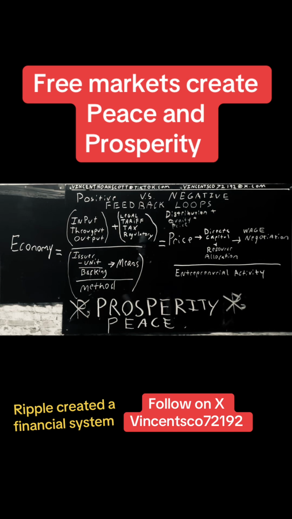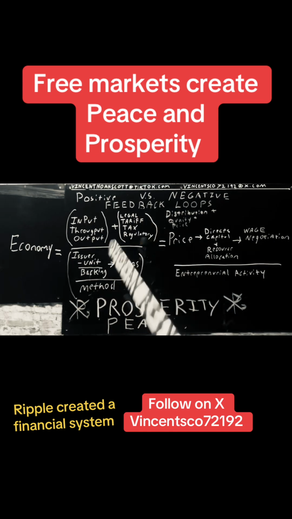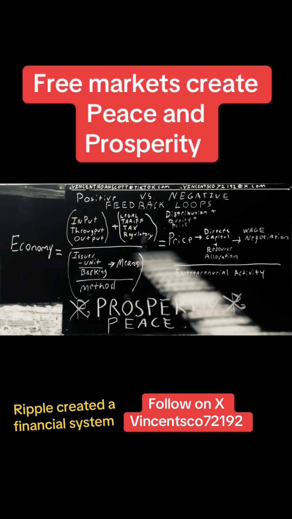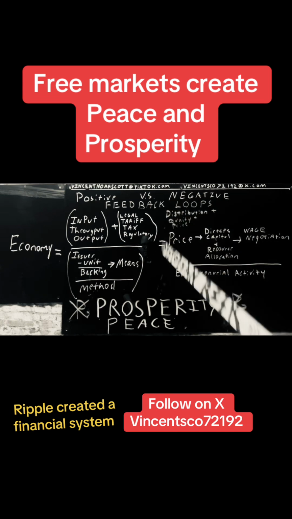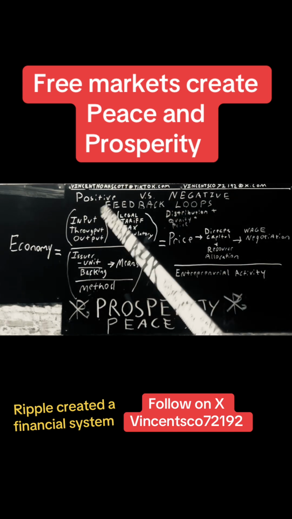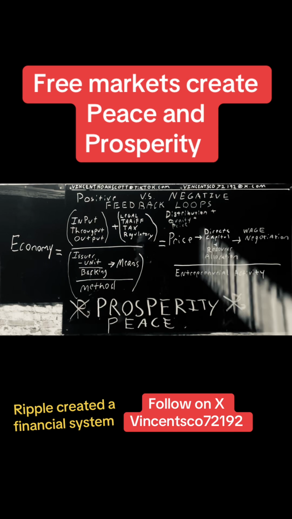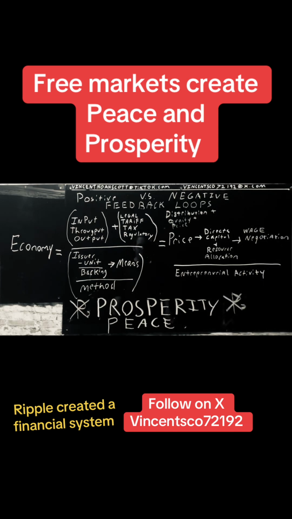And with the Genius and Clarity Act, we can choose our issuer and our unit, judge the pedigree of the backing, have a means and method that is neutral. So that sets the foundation there. And then what's the fence? The fence is your legal tariff, tax, and regulatory structure. And then so all the input, throughput, and output can then occur for the correct prices, because now everything's on chain. So you get rid of the fraud, you get rid of the naked short selling, and the money actually matters now. So now it can direct capital and resources correctly for us all to have the wage negotiation that is properly beneficial. And those wages then retain their value.